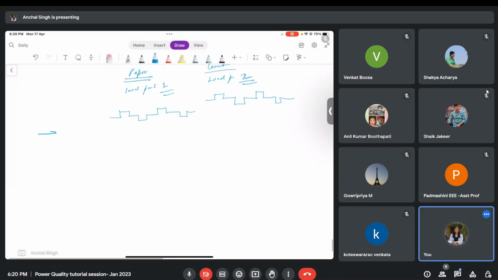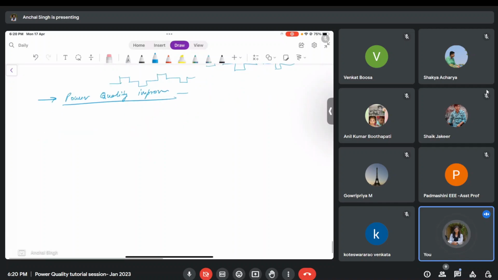As I mentioned before, whenever a company is given a task of doing power quality improvement at any industry or location, what do they do? They first go to the site. Site is the location. Suppose I am talking about a cement factory, so my site is a cement factory. If I am the company and they have asked me to design a power quality improvement system for this company, I will go to that company and look at the load profile of that company.